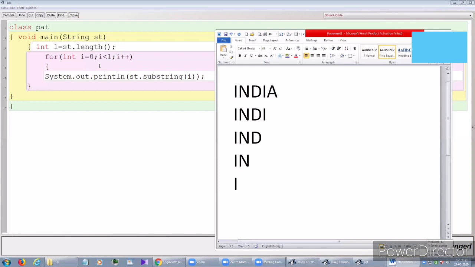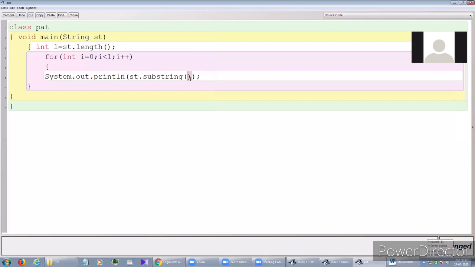So what changes do we need? Sir, can I tell? Yes. Sir, in the for part, int I will be equal to L minus 1, I will be greater than 0, I minus minus, and here it will be 0 comma I. We also can write this, we don't need this one.